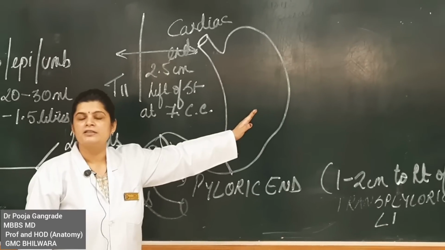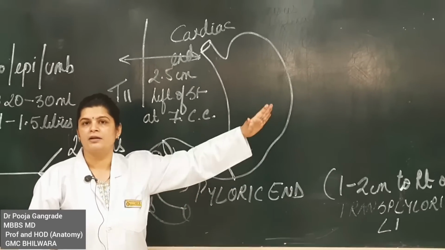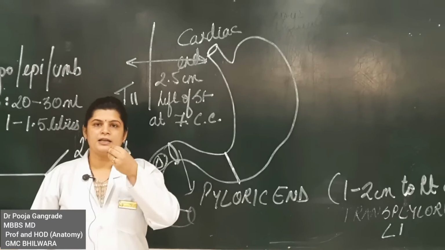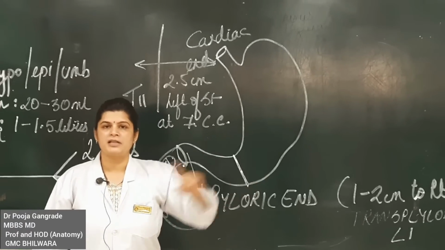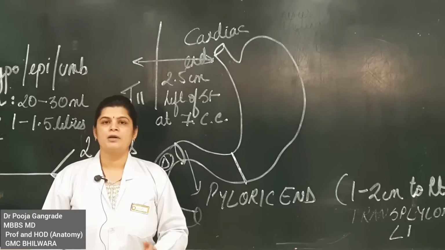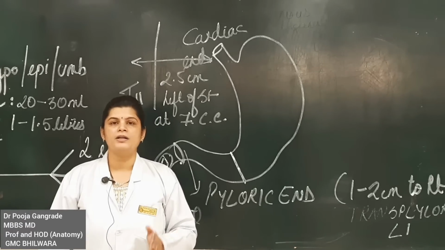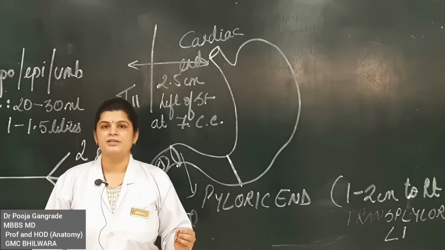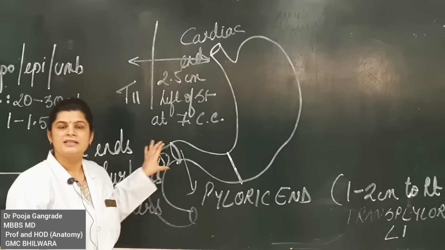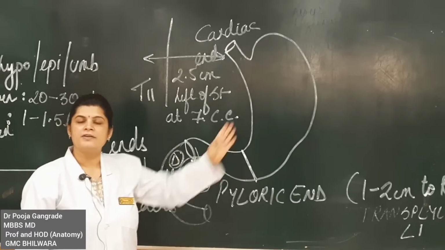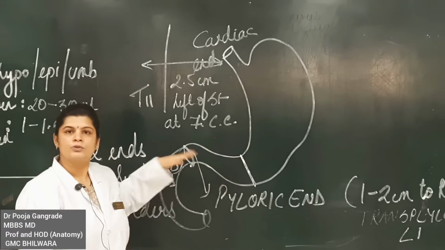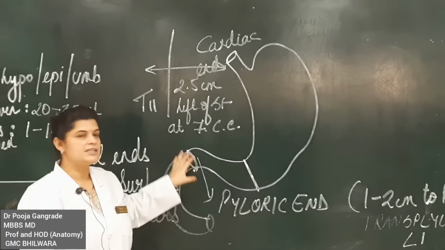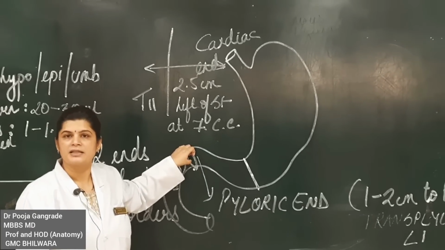The food does not gush out of the stomach. It does not happen that we ate food and it immediately went to the duodenum. In the stomach, the food stays for around 1 to 2 hours for digestion. So for that, this end has to be closed. Otherwise, all the food or whatever water we drank would immediately flow ahead. So this end has a circular muscle.